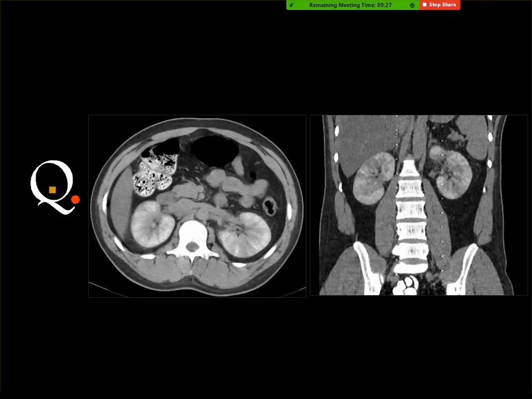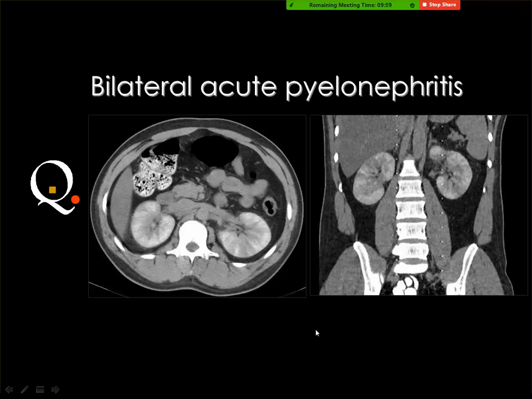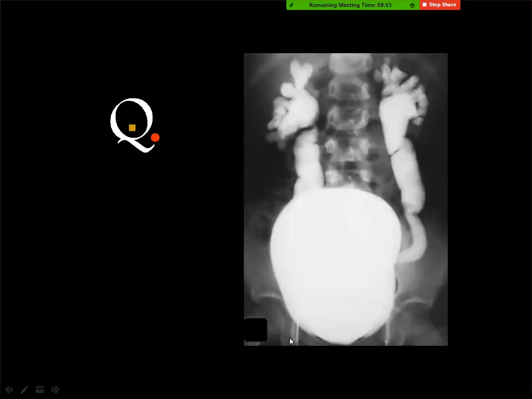Striated both kidneys, according to the history. There are many differential diagnoses on the list: acute pyelonephritis, hypotension. Hypotension is also called striated. But here I think it is acute pyelonephritis. The most common cause for striation of the kidney, which is still functioning, is acute pyelonephritis, which can be unilateral or bilateral.